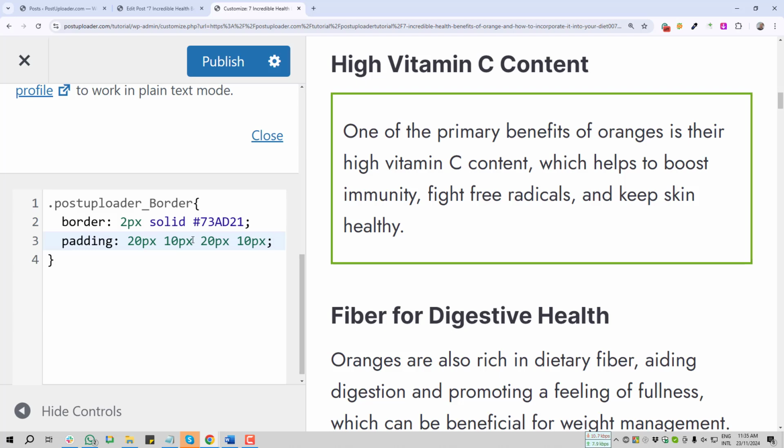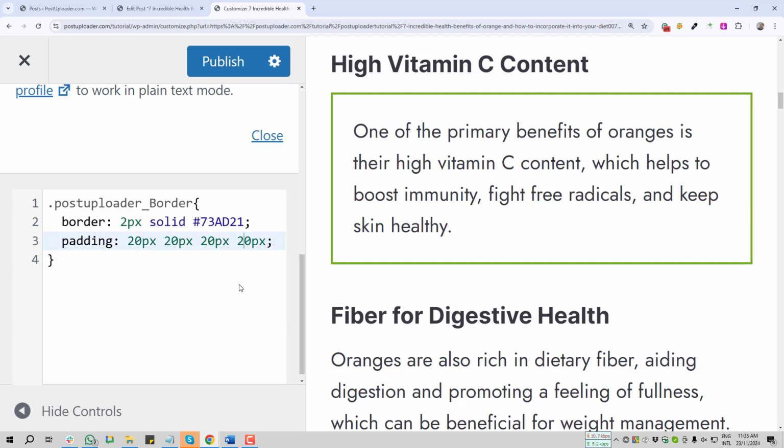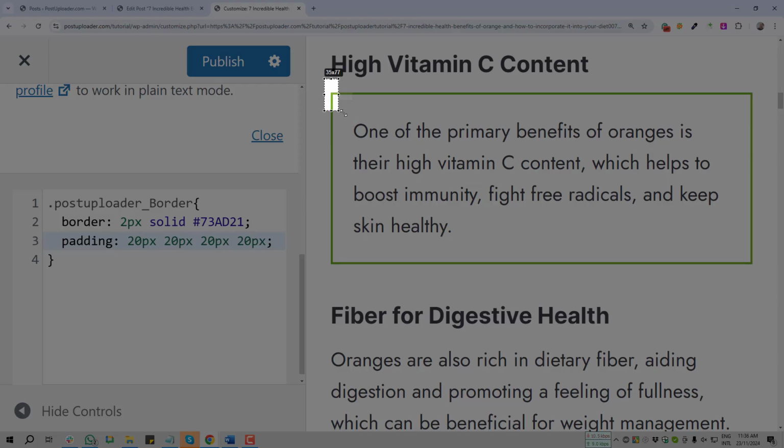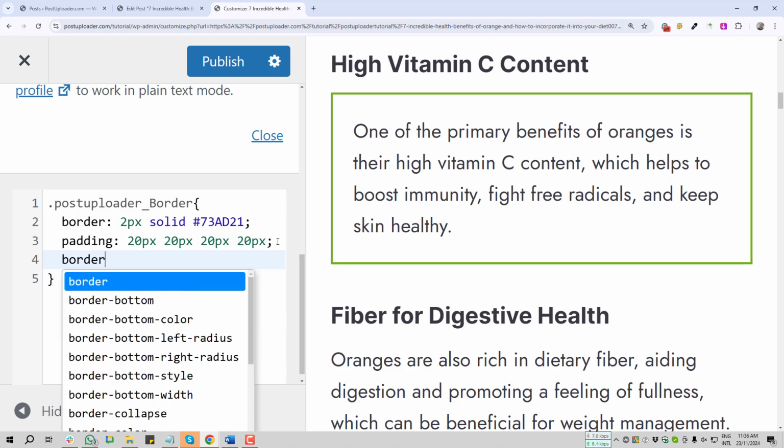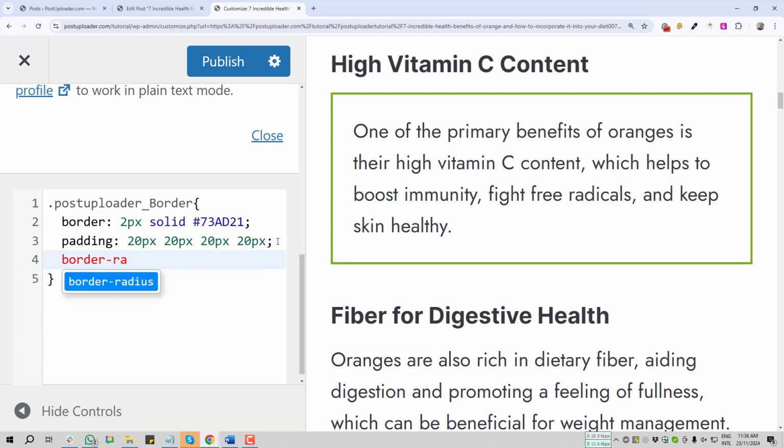Okay, perfect. But if you wish you can give everywhere the same pixel, so I am giving 20 pixel everywhere. After that, if you want to give the border radius here, for this you have to write border-radius